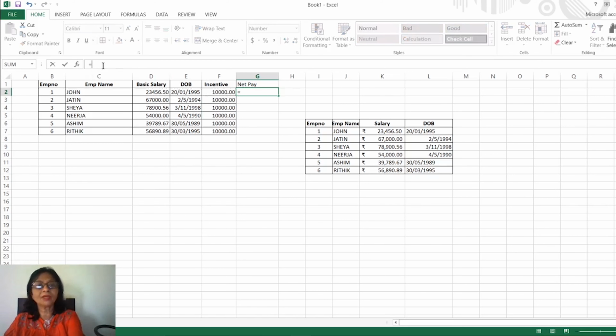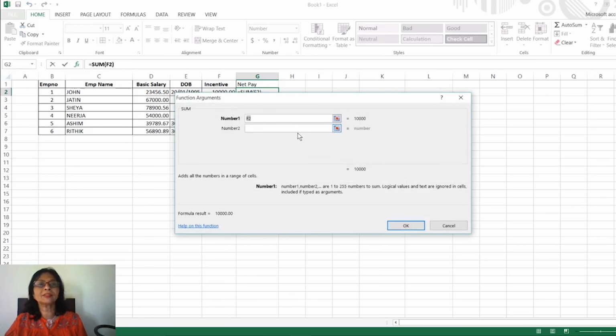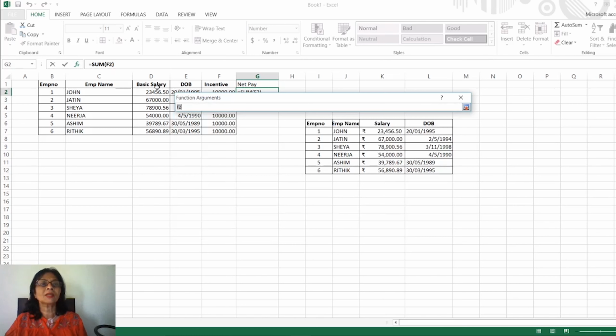Give the equal sign, click on sum, and then you will get this function argument. You will be asked to give the function argument. In Number 1 you can give this cell, select this one, that is the D2 cell, and press the Control key and also click on the incentive, that is F2. So here you can see D2, F2 is appearing on the screen, and again click on this small icon with the red arrow.